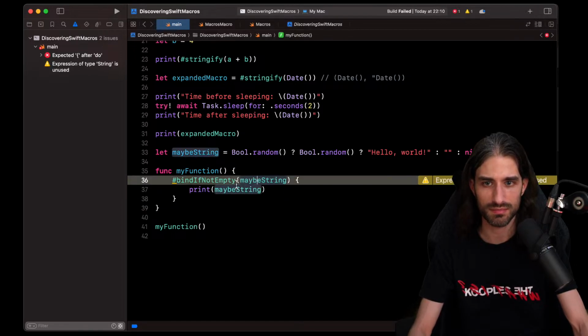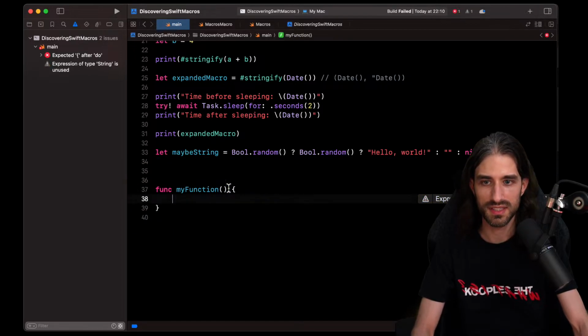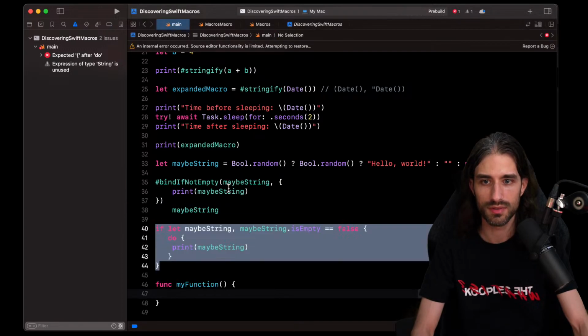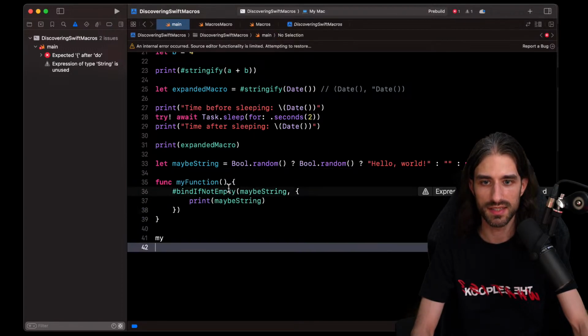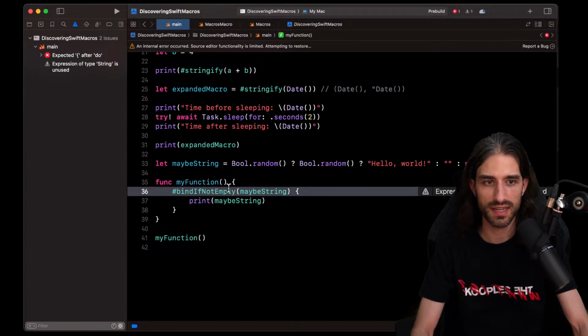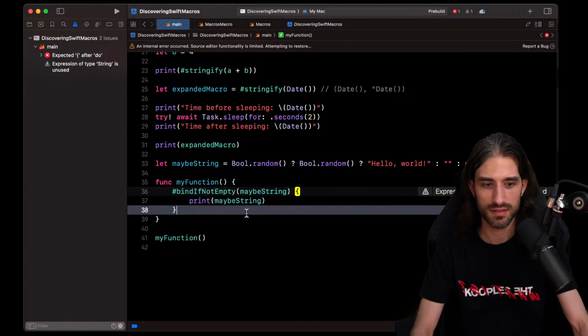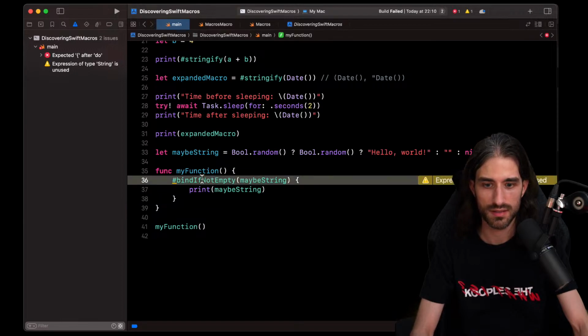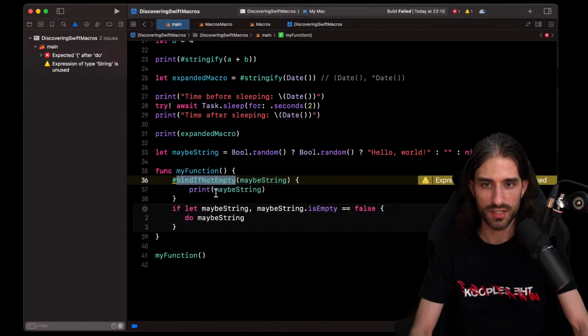Because let me see, when I put the code here, I didn't do anything else. Yes. And when you expand the macro, it still doesn't get the maybe string.